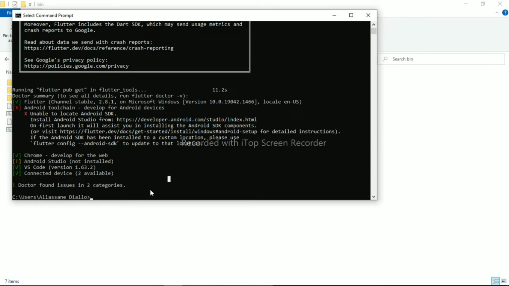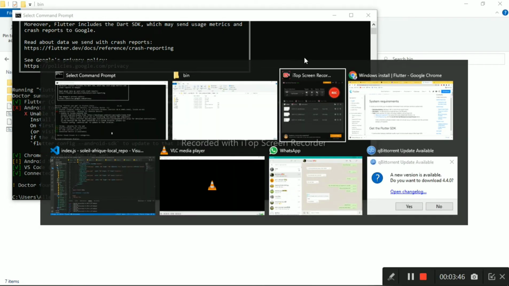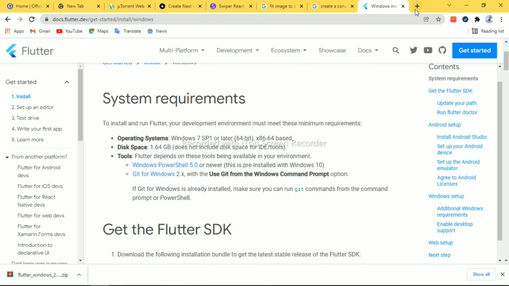So what next we are going to do is that, and here they said Android Studio is not installed. So what we are going to do now is that we are going to install Android Studio. So for that you have to go back to your favorite browser. As for me, I'm using Chrome, so I'm going back to my browser. I'm opening a new tab